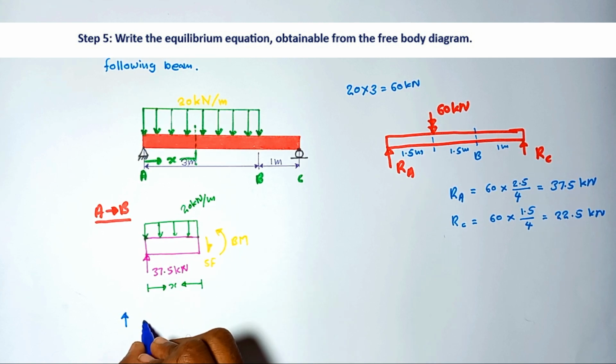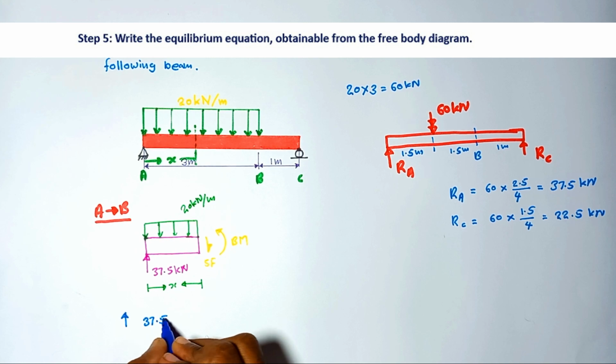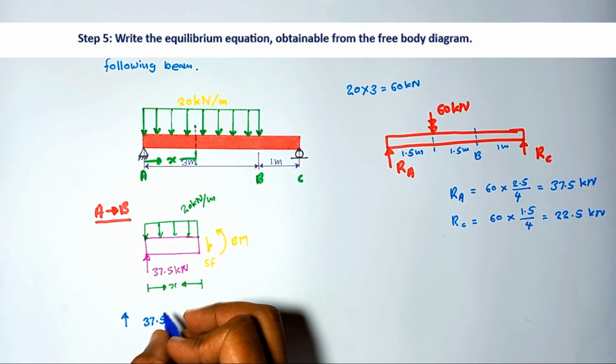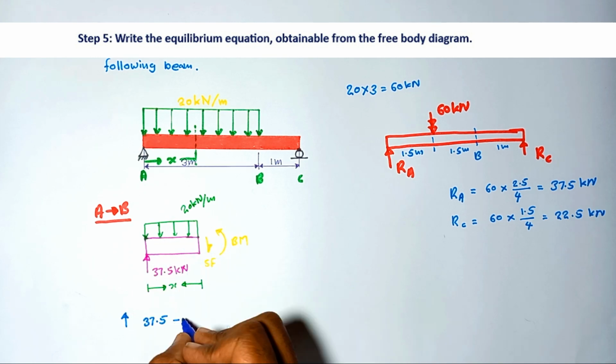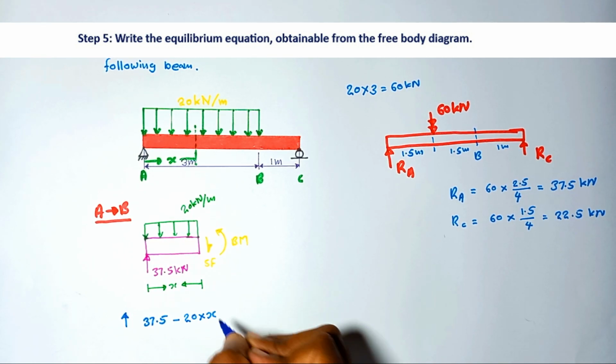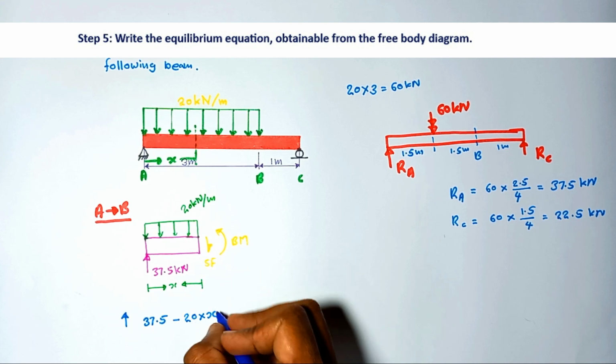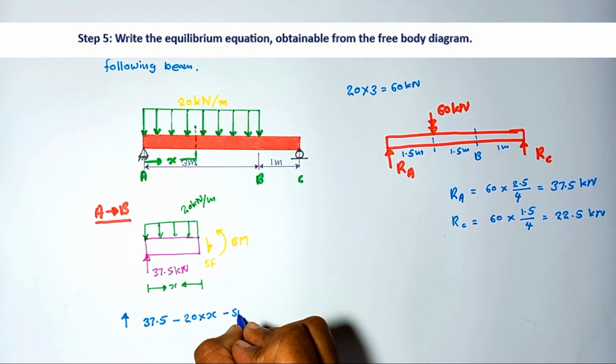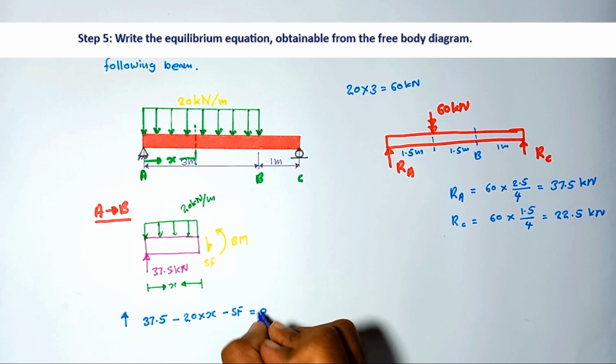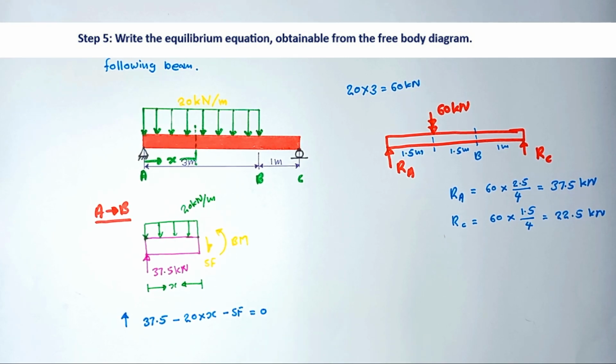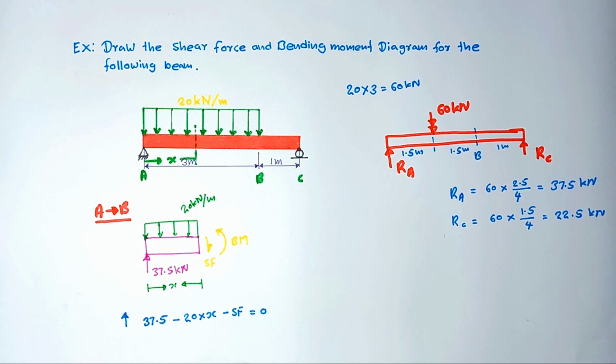So what are the vertical forces? 37.5 kilonewton is acting in the upward direction, minus the distributed load, 20 into x kilonewton in the downward direction, minus the shear force is equal to 0. Then, by making the shear force the subject, the shear force is equal to